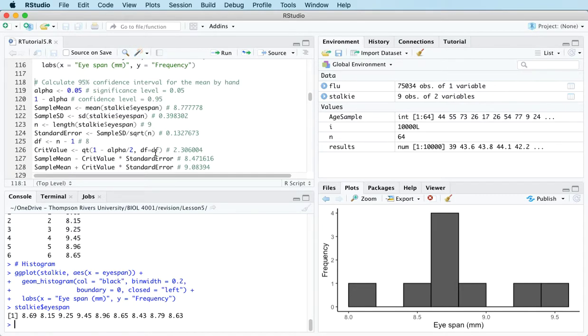So what we're going to do is, as I say, use the results of the central limit theorem. And remember, the central limit theorem that we reviewed in the last video says that if we take a sample from a non-normal population, we end up with a sampling distribution for the mean that is normal. In particular, the mean of the sampling distribution is the population mean, and the standard deviation of the sampling distribution is the population standard deviation divided by the square root of the sample size. So that's all well and good,